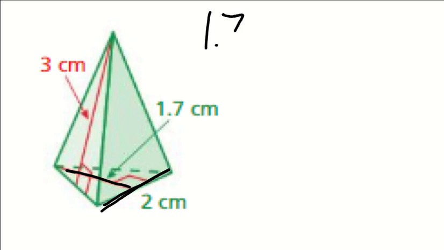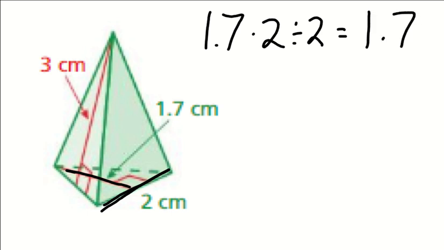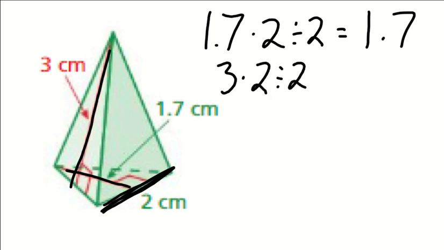So we get the area of that one, 1.7 times 2 divided by 2. Well, that's 1.7. The bottom triangle is by itself, so there's only one of those. The triangles going up on the sides, there's 3 of them. So now we find them. The base on the side triangles is 2. The height they're showing right there is 3. So 3 times 2 divided by 2,